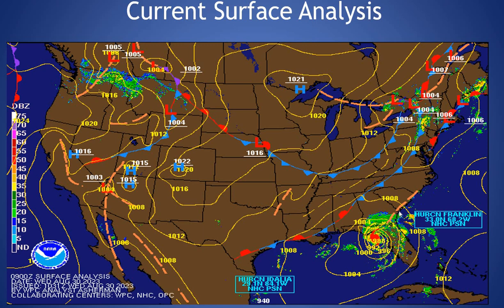Looking at our current surface analysis, you can see this front off to our west, and you do see Hurricane Idalia making landfall just within the last hour down towards Fish Creek, Florida was where it came aboard this morning at 125 miles per hour. We will see the hurricane continue to move to the northeast and up the Georgia coastline as we go through